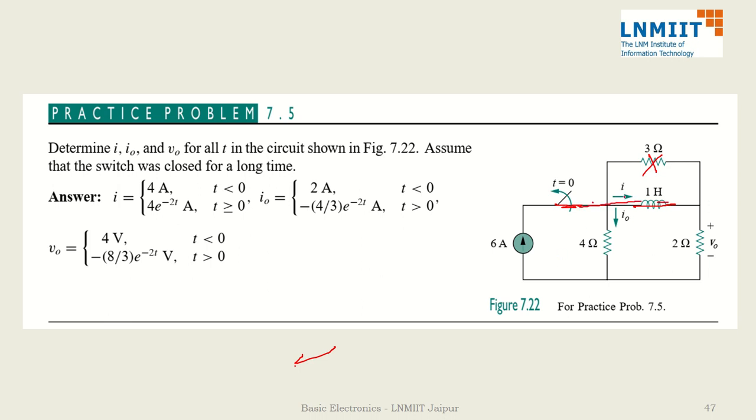So you can calculate the initial current. After that, you remove this, calculate the equivalent resistance across the inductor, calculate tau, calculate inductor current, and the remaining things will be distributed. That's how you work with source free first order